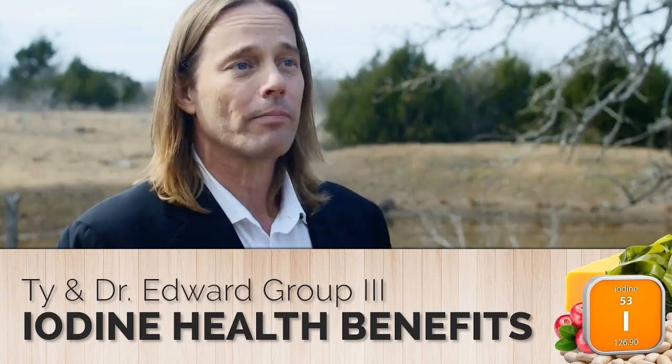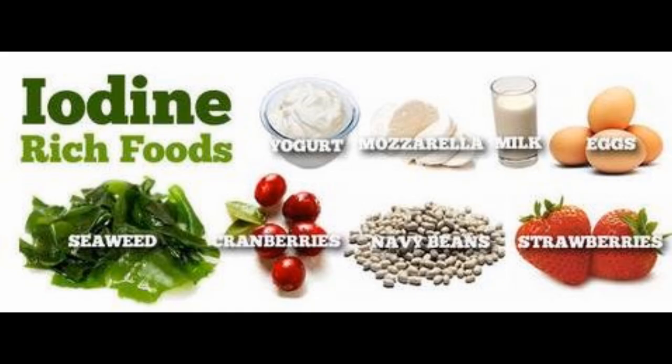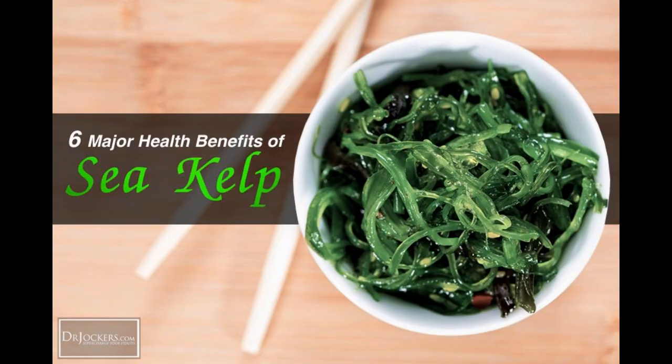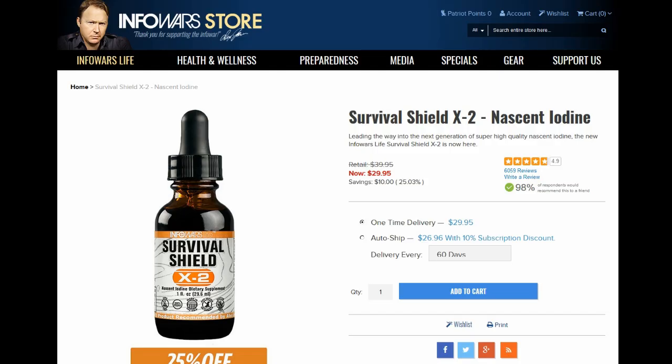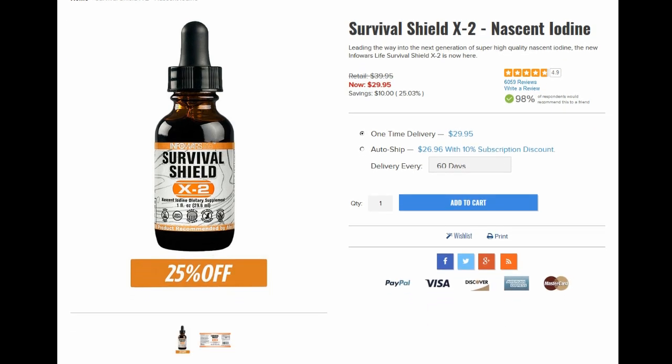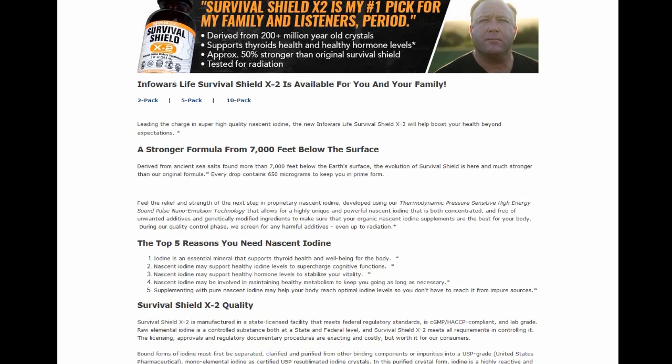Now that's a problem where there's a lot of cysts, nodules, and scar tissue in the breast, and in the United States it hits about 84% of the women. What's interesting is that we were not aware of the relationship between iodine and breast tissue. We were aware of the lack of iodine causing problems with low thyroid disease in humans, but we were not aware of the relationship between the absence of iodine and the breast.